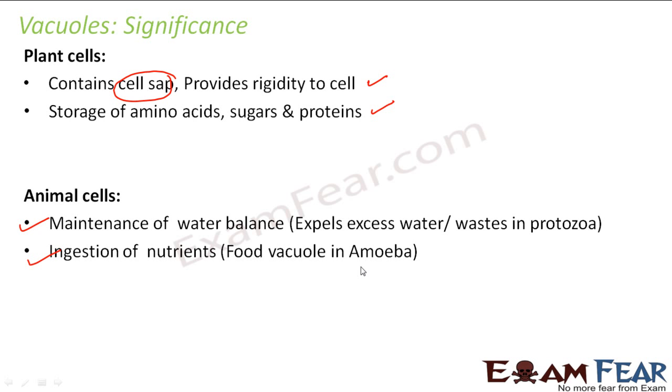In plant cells, vacuole also perform another function. That is the function which is performed by lysosomes in animal cells. As I mentioned before, the presence of lysosomes in plant cells is quite disputed. Many people say that lysosomes are not present in plant cells. So the function of lysosomes, that it used to digest the waste products, is also performed by vacuoles to some extent in plant cells.